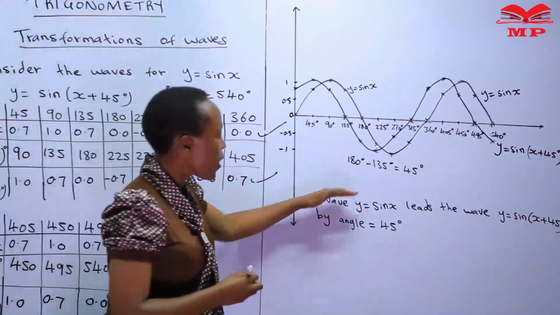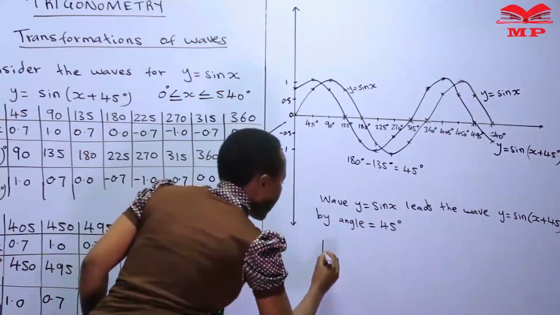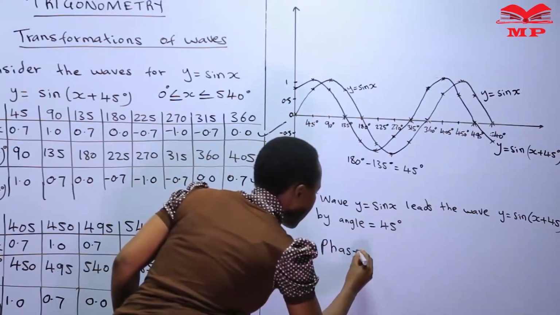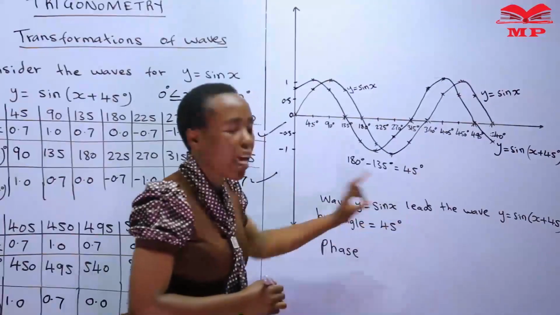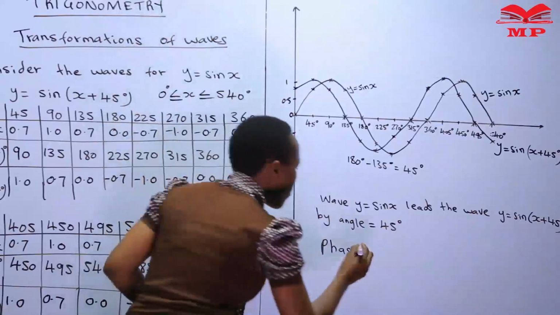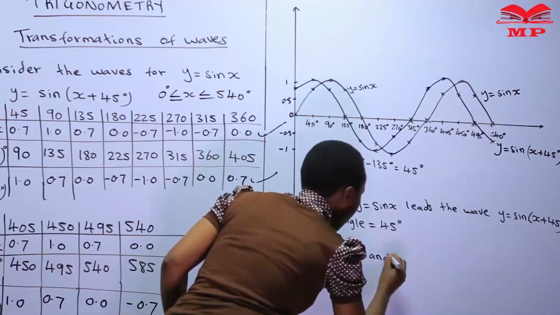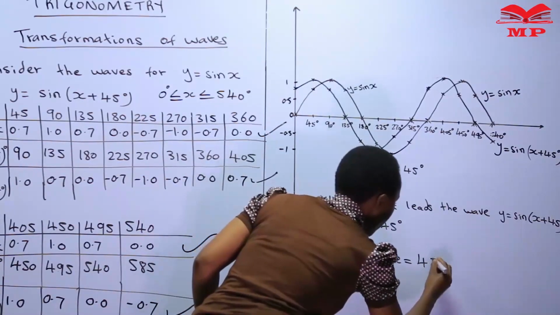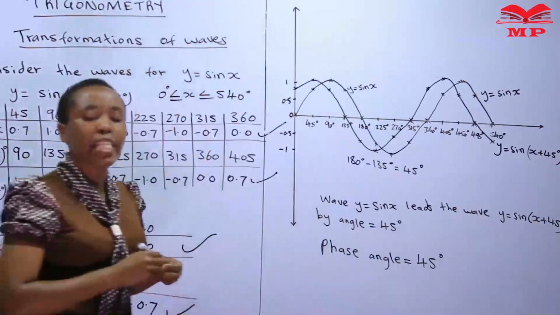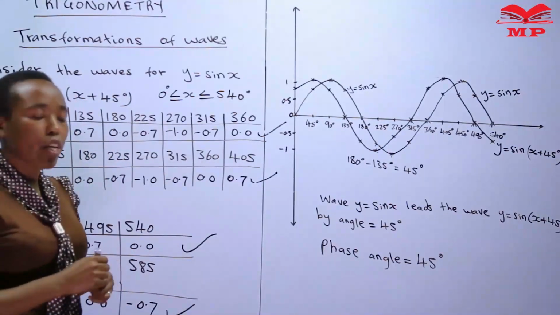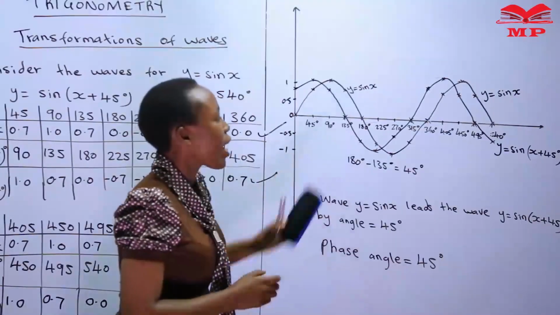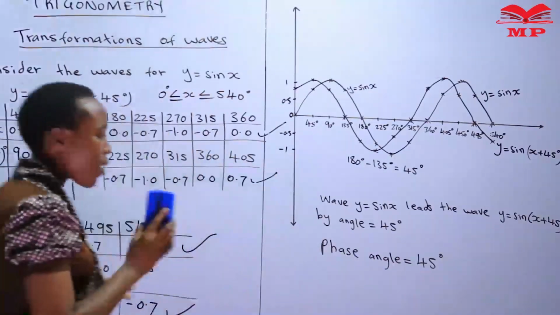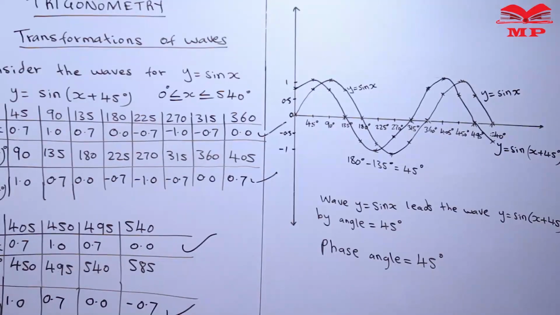So we can say in this case, therefore, the phase angle, this is the angle by which one is ahead of the other. Therefore, the phase angle is equal to 45 degrees. The phase angle is 45 degrees in our case here, because one is ahead of the other by 45 degrees. Therefore, we can say